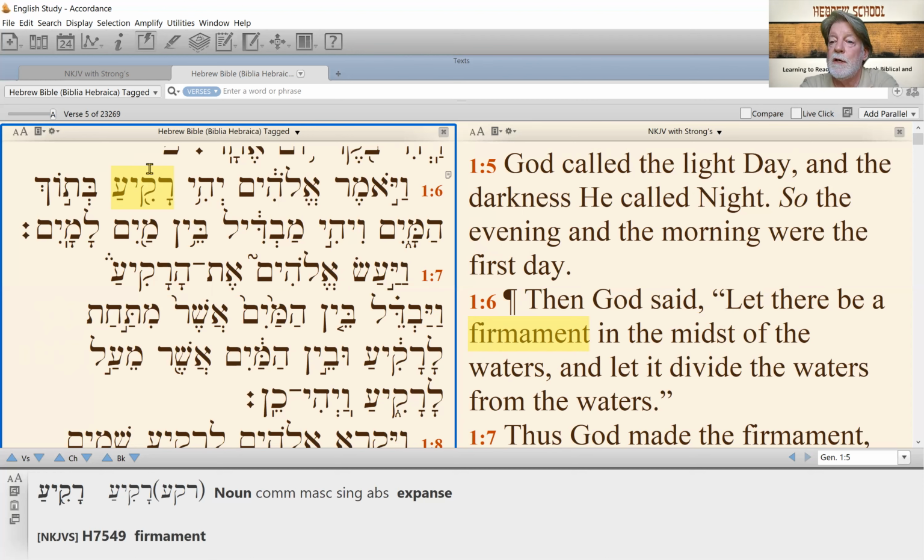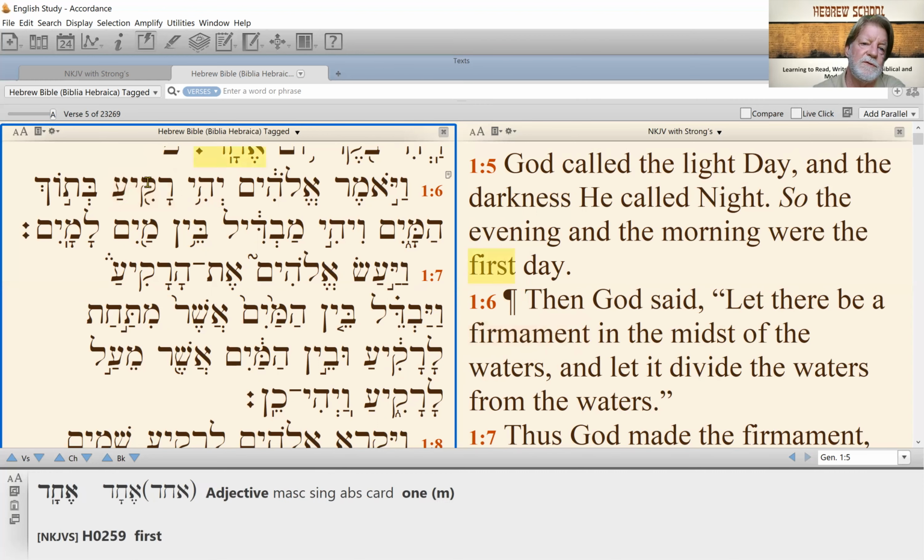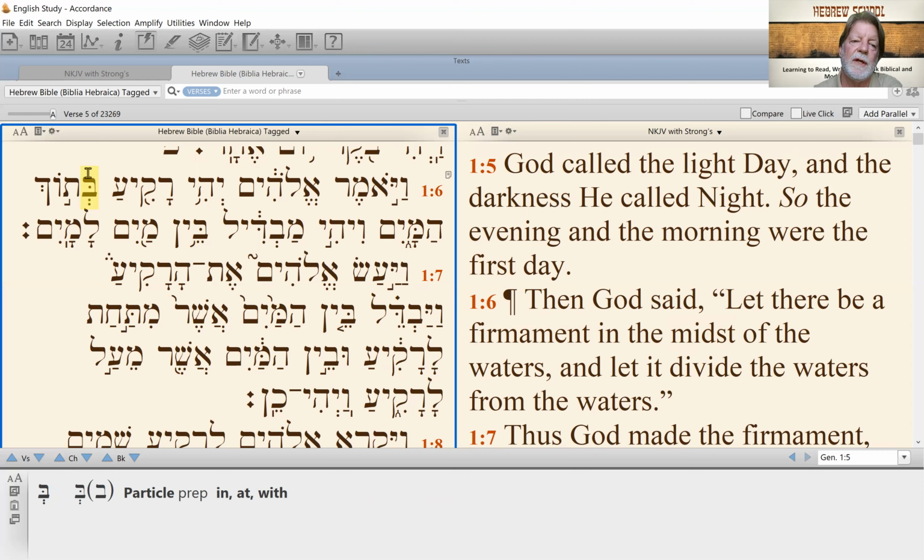And we'll see why God wanted to create this covering. What it's going to turn out to be is the atmosphere that surrounds the earth. It's also going to be called the sky. I don't think atmosphere is a term that's used in the Bible, but that's what it's describing. The rakia, the expanse or the firmament. Firmament is an old King James word, but it's a good one. And the rakia was batok, which means in the midst of or between, Hamaim, the waters,